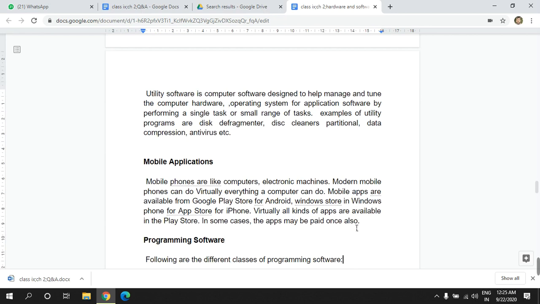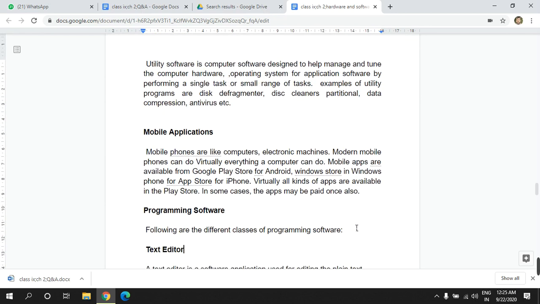The mobile application. So nowadays the mobiles are so popular, and we are all using mobiles every day in our day-to-day life. And these mobiles also have applications that we use, we download, and these applications are downloaded from different stores depending upon what type of operating system your mobile is using. If your mobile is using an Android operating system, then you must download the application from the Google Play Store.